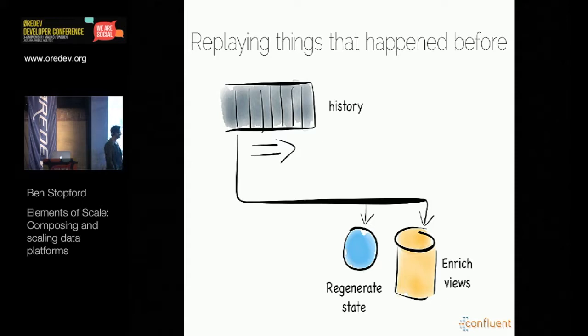Both from the point of view of regenerating state, but also because if we're creating views, let's say a view of some particular form of data in a real company, it's really nice to be able to create something that's just small enough to solve the problem that you need to solve. That's a very agile approach. But if you're going to create something small, then you need to be able to expand it later. And to do that, you need this degree of replayability. So replayability, or the ability to recreate state by replaying from this log, is also, I think, a really powerful idea.